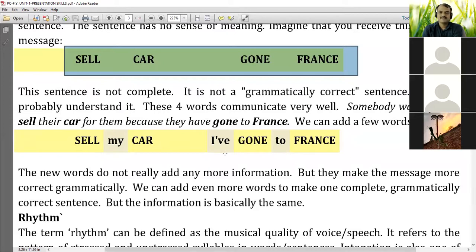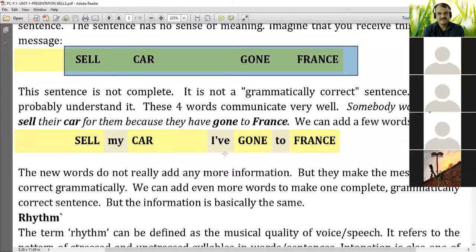Yes, sir. So tell me, which is the first word in this series? Cell. Correct, very good. Can you guess the category of that first word? Cell. It is a main verb. Very good. Then after that, there is the second word, car. Noun. Very good.